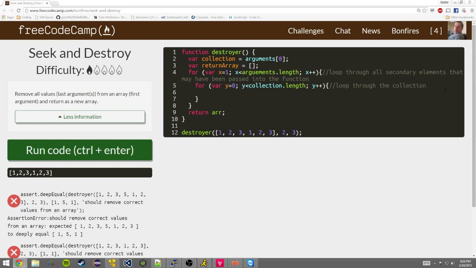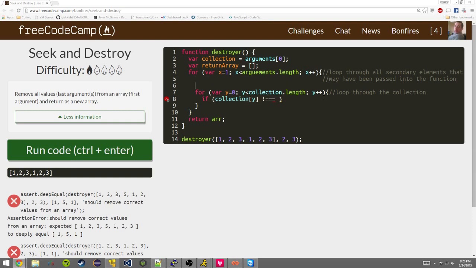Let's just line break this. Okay. So now we can compare them. So if collection y does not equal, this could lead us into a problem because we can get, okay, let's use a flag. And what's the flag for? Remember, in case we don't